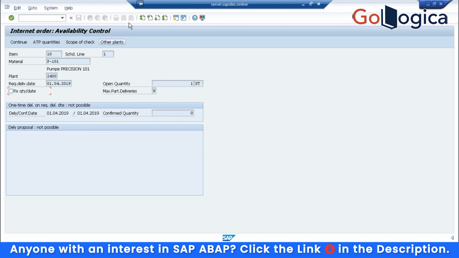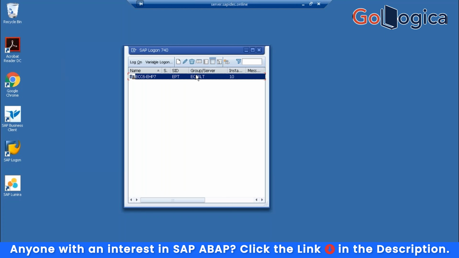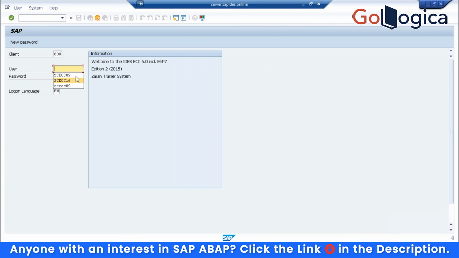So date proposal is not possible. This is something the system configuration has. So if you have seen the details as of now,